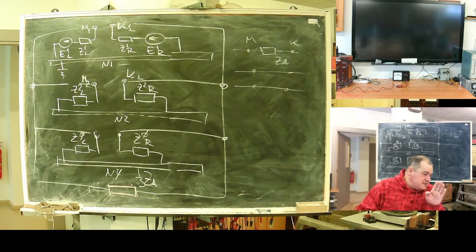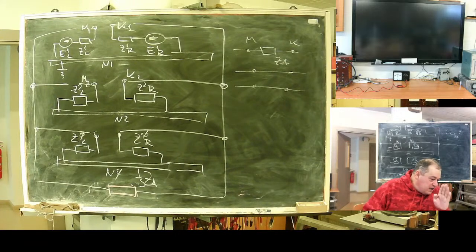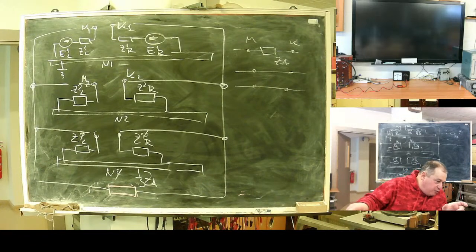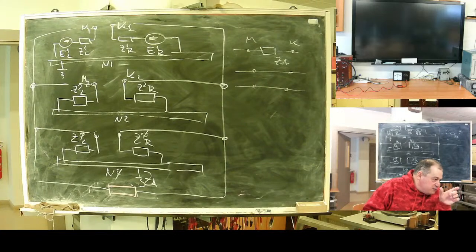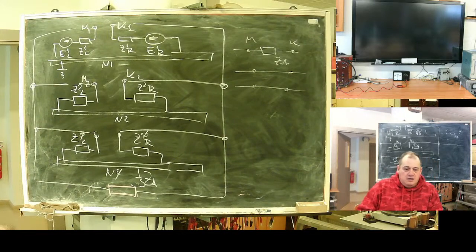What happens? You have a connection: high voltage network, distribution network, and distribution network to customer, 0.4 kV. On both sides you will have transformers, star-delta or delta-star. These transformers are significant. You cannot ignore them. They change a lot. But for today,